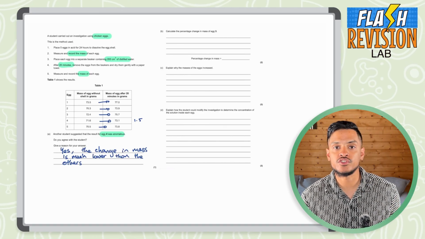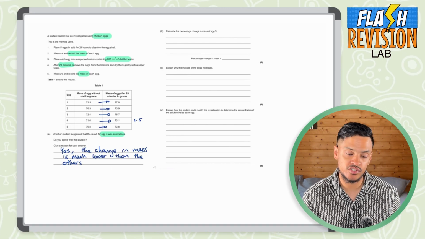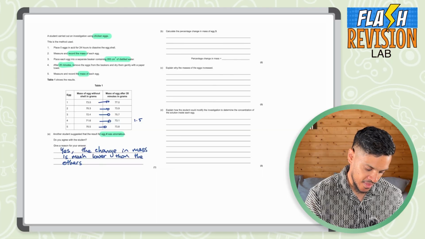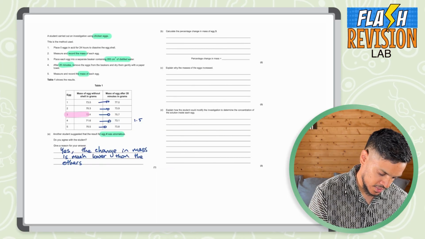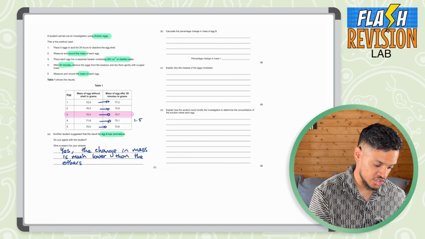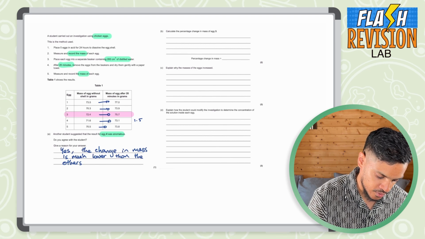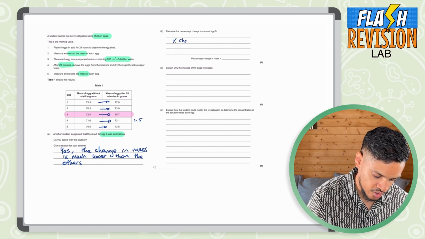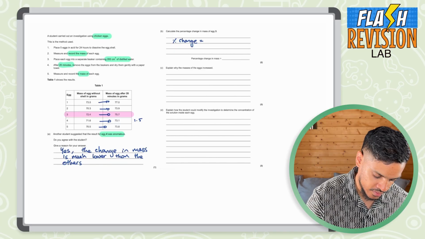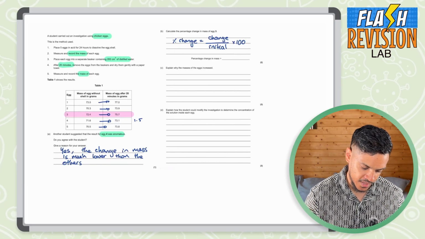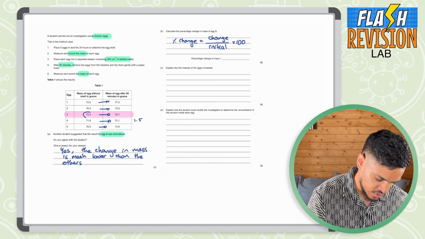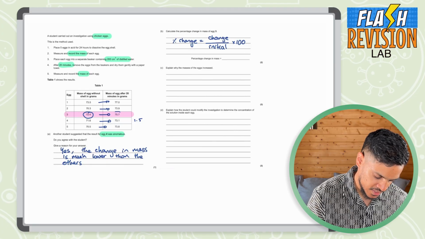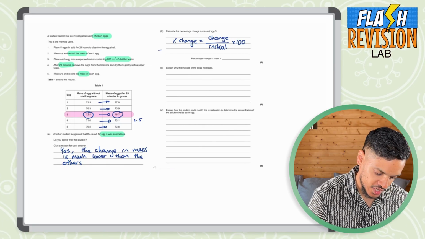Next one asks you to calculate the percentage change of mass in egg 3. That's this one here. So if you want to work out the percentage change of something, what you want to do is do the change over the initial. Change over initial and then times that by 100. So let's put the numbers we've got here. The change is between 72.4 and 75.7. So the change is going to be